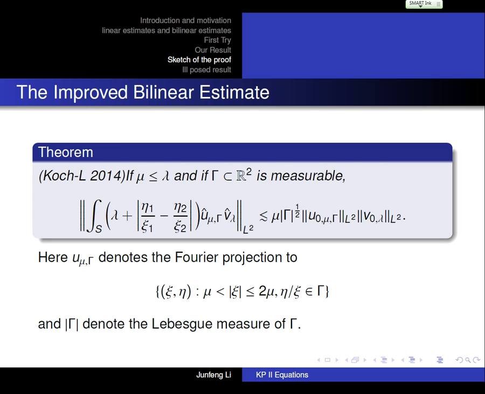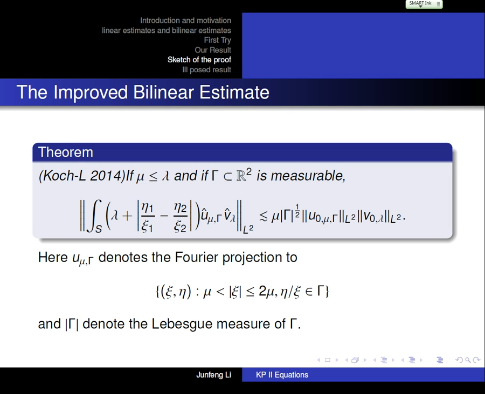One of our main ingredients to set up this estimate is that this improves the bilinear estimate. Here, we still consider that there is a low frequency with high frequency. These interact together, but we have some construction for the low frequency part: eta over C is constructed into some size, and this is the size, the big measure. And this is just the measure of how far these two waves